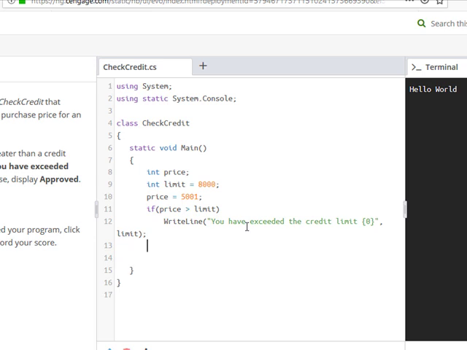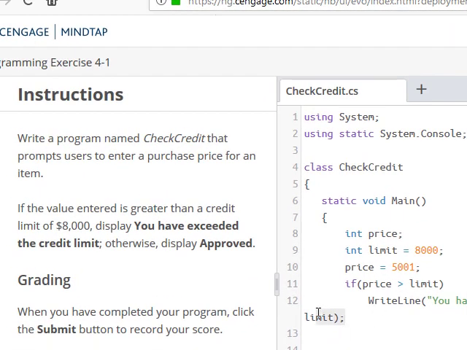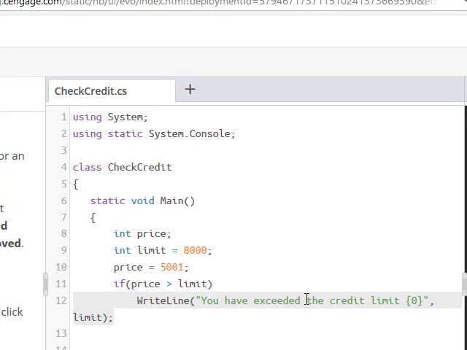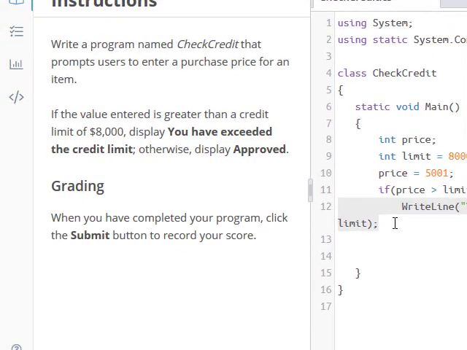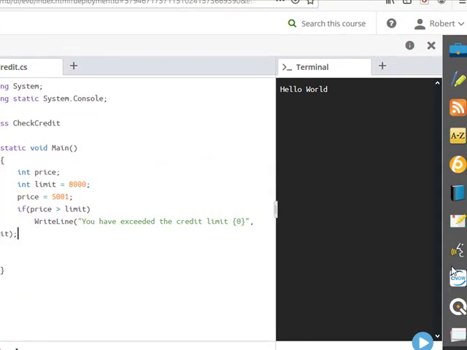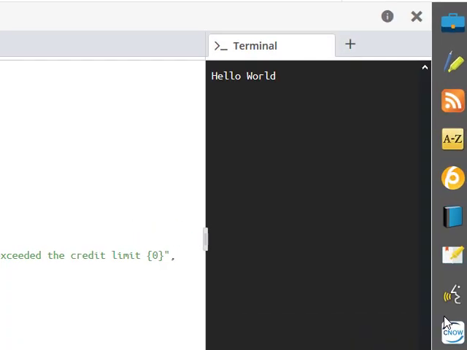But on an if statement, what I can do is that I can have a true condition, and I can have a false condition. So if it's true that I've exceeded the credit limit, this greater than sign means greater than the credit limit. If I've done that, then if this is true, it's going to print this out. But what if it's false? If it's false, it'll just drop through and end the program. So what I need to do is put in the second part of my if statement, which is else, and I'm going to press the enter key, and here I'm going to do a